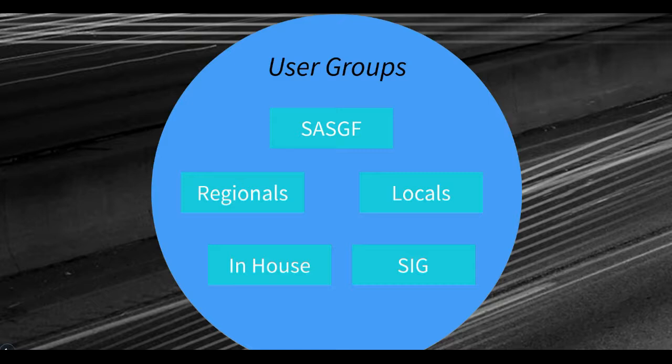Then you have in-house groups. So every company is allowed and supported by SAS to have in-house groups, and then there's special interest groups. One big differentiation here is that regional groups, local groups, are volunteer groups, as well as SAS Global Forum. Although SAS Global Forum is supported by SAS Institute, as well as the regionals and locals,